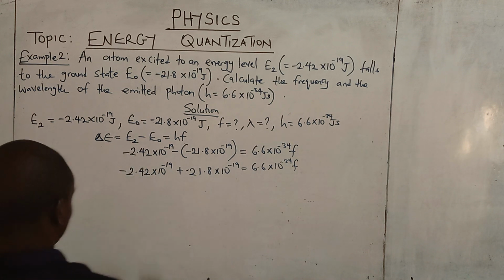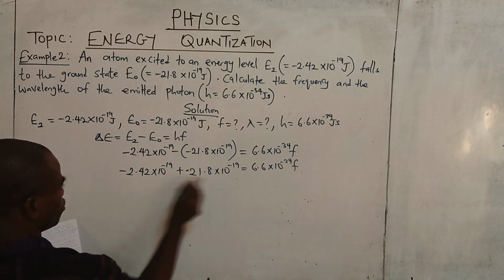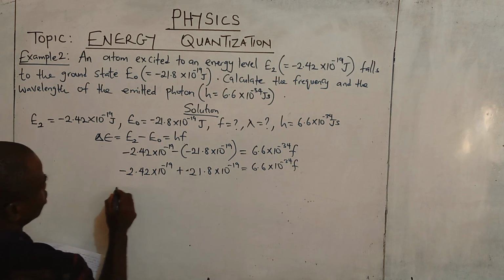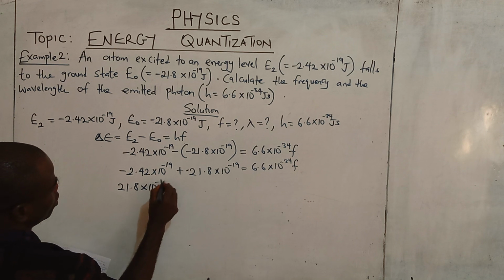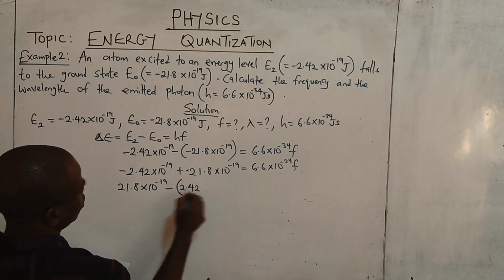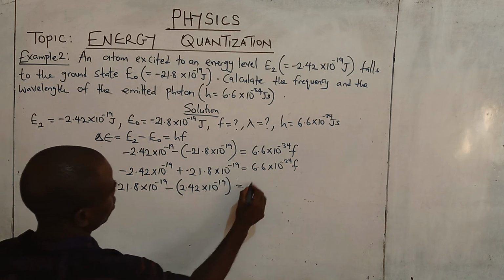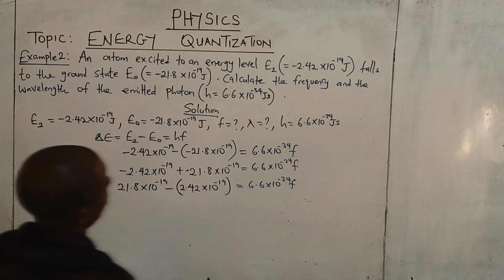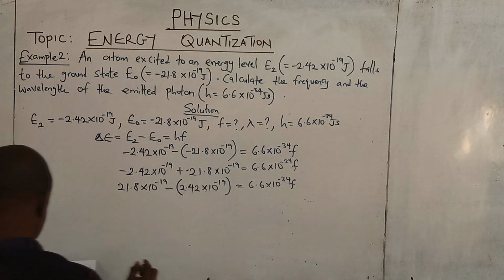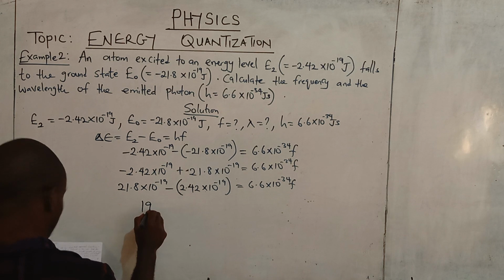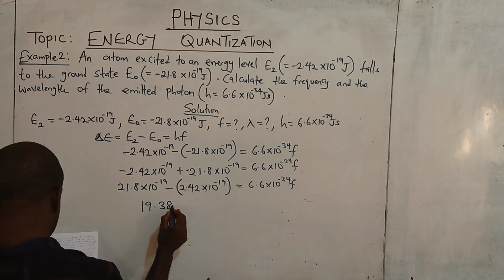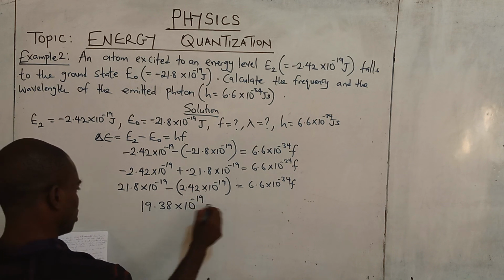When you press your calculator very well, press this one first, 21.8 times 10 to the power minus 19, open the bracket and put minus. Let's change it, that'll be 21.8 times 10 to the power minus 19 minus 2.42 times 10 to the power minus 19 equals 6.6 times 10 to the power minus 34 f. When you are pressing your calculator, when you put minus, open the brackets, put the value, close the bracket. When you press your calculator very well, you get 19.38 times 10 to the power minus 19 equals